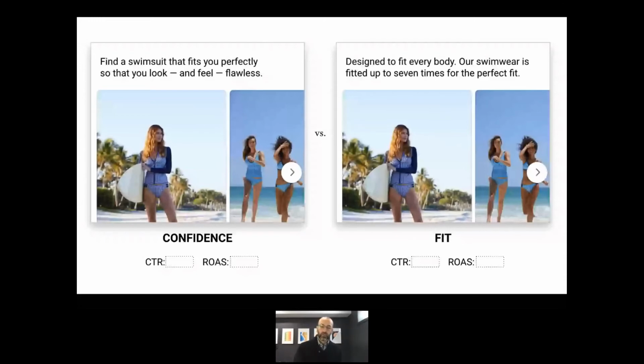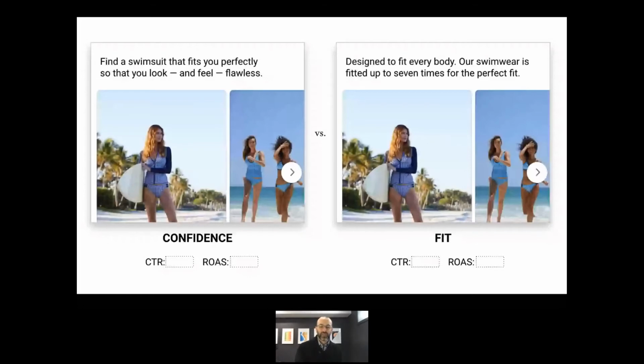One of these statements is going to sell the value prop of confidence. Another one is going to be about fit. Another way to say that is one is a product attribute, another one is an outcome. I personally am a big fan of outcome-based copy. I think product copy oftentimes is the low-hanging fruit that doesn't perform as well. But that's not always the case. Sometimes you can be very experienced in this and be completely wrong.